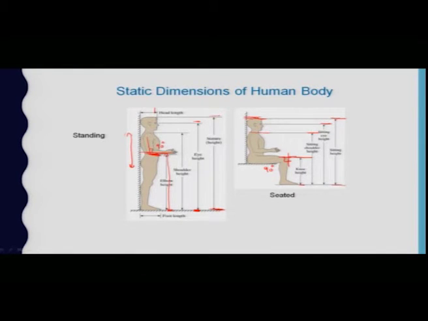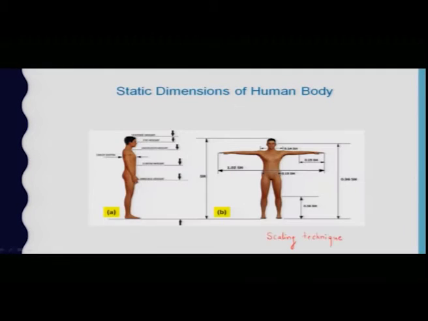So, these are the possible static dimensions of the human body. So, there is again another posture. This A is the standing condition, and this is the full arm condition. The B is the full arm condition, in which one scaling technique has been utilized. So, this scaling technique is utilized in order to have